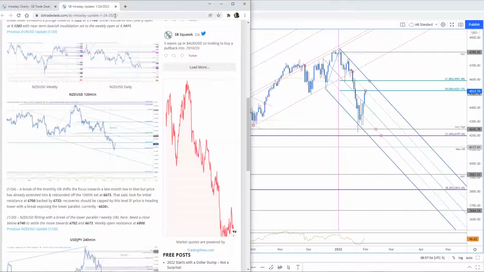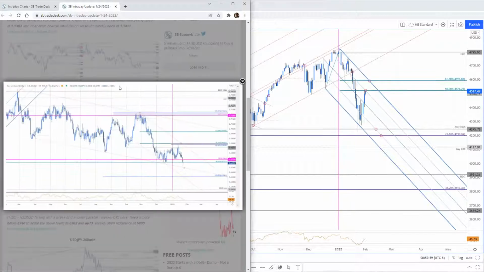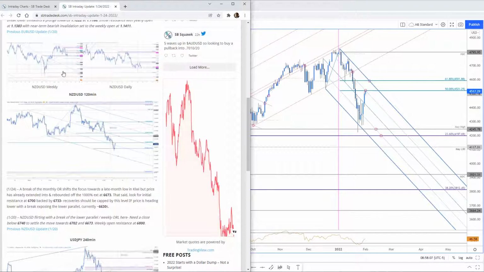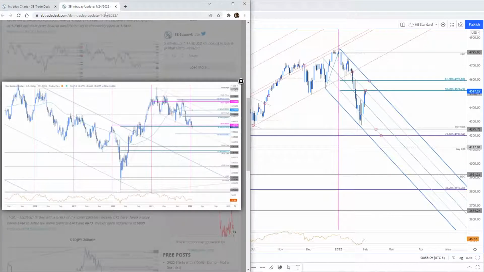Here was the update from the 24th, and I just wanted to look at these levels because unlike Aussie, Kiwi has made a break of major support already, right? Aussie rebounded off it, but I'll bring you back to the weekly chart here. Again, this was published last week. Here's a big support zone that we were looking at: 38.2 retracement of the advance off 2020, the 2020 yearly open, downtrend support. And we wanted to see what kind of reaction we would get down at that level.